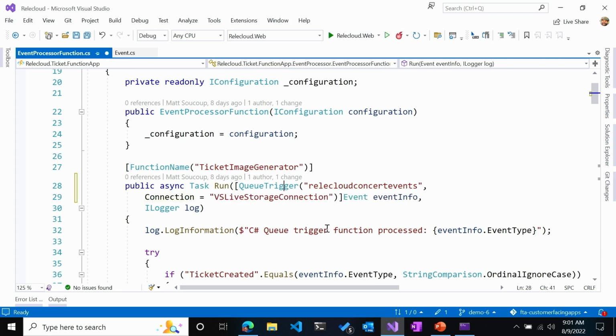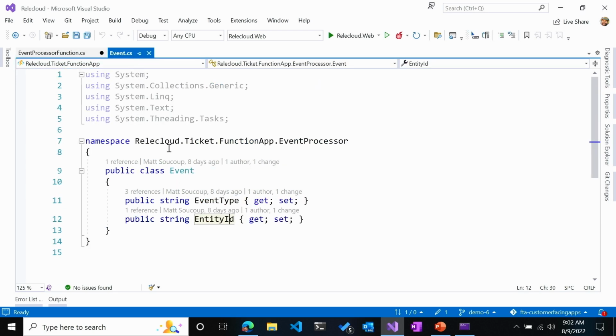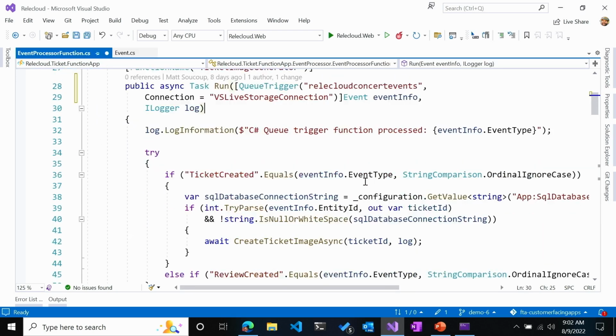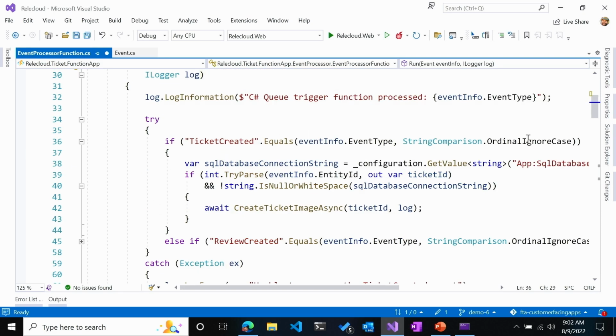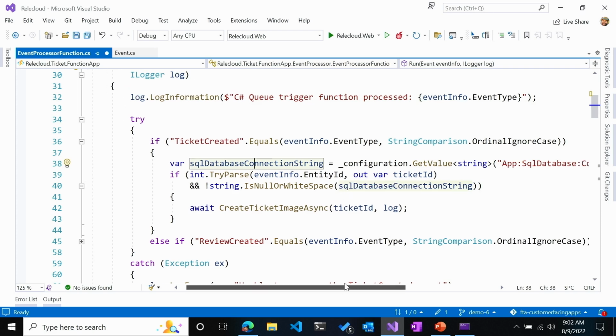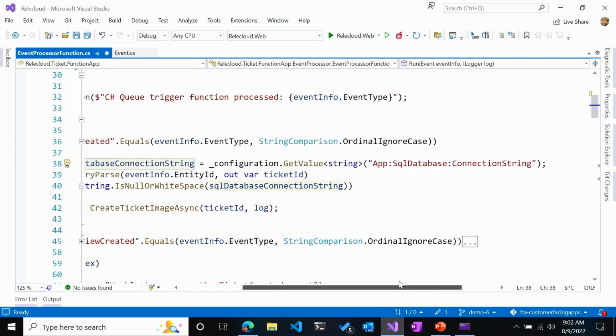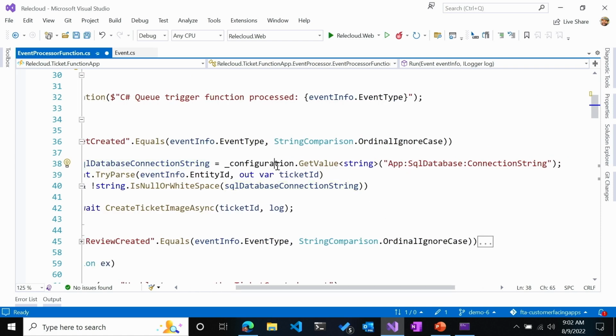And so what we're doing is saying, all right, a queue trigger, whenever this queue gets written to, using this connection, it's going to look for something that matches that event. And it's going to pull that in. Once it does, it's going to go through, and if it's a ticket created event type, it's going to grab my SQL connection string because I'm going to be writing the SQL. SQL, as far as I know, is not a binding, so I do have to pull it out, and I'm going to be pulling it out of, in this case, the configuration, which hits the key vault,